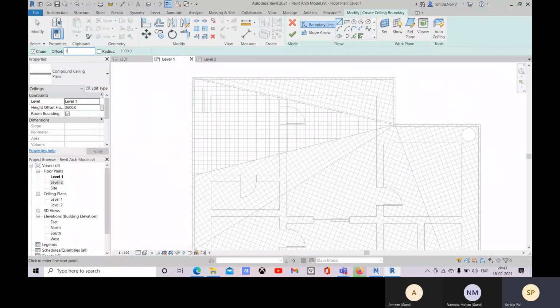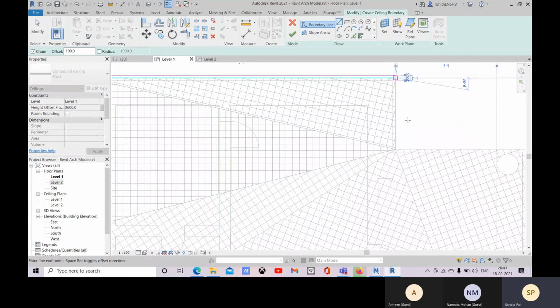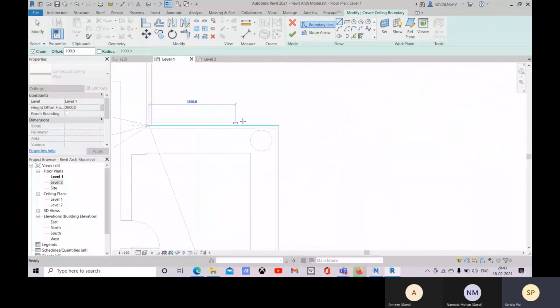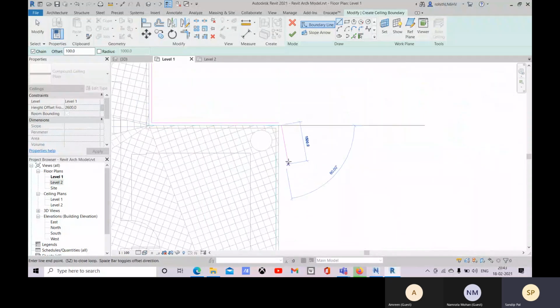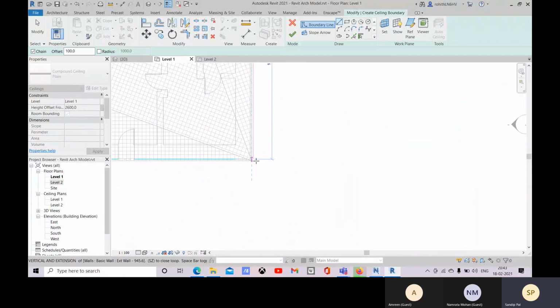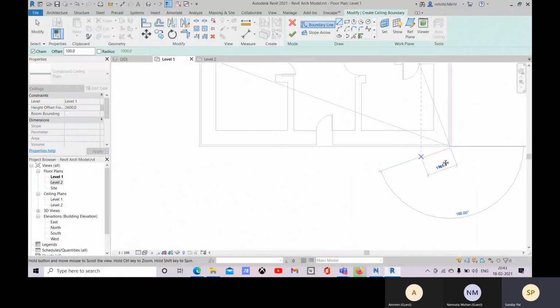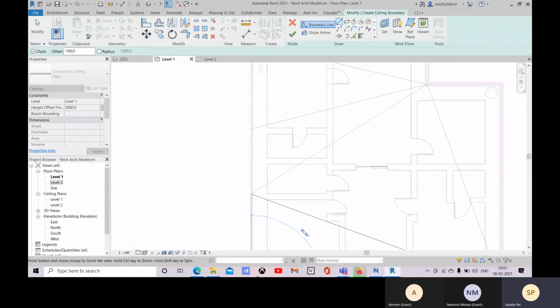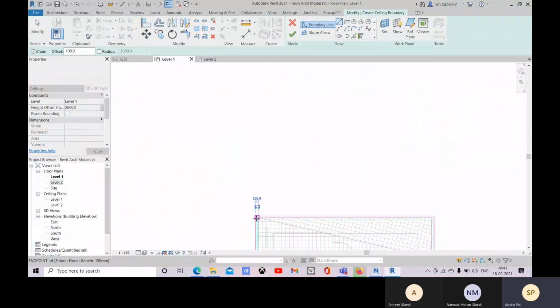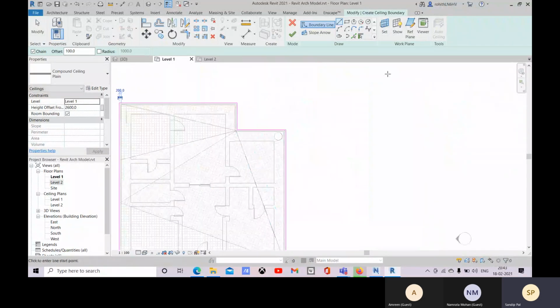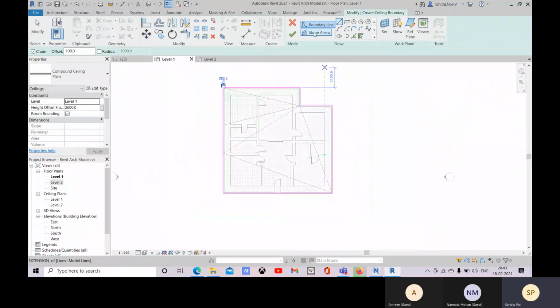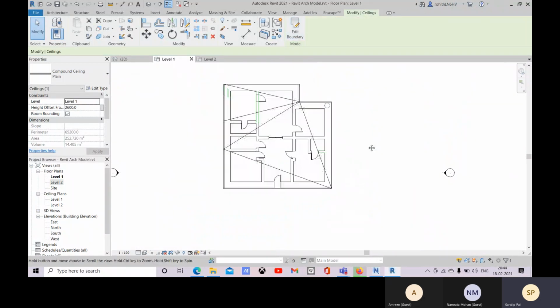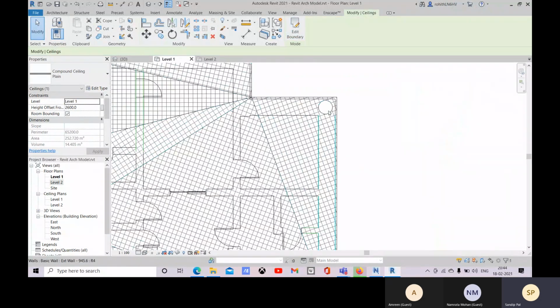Let me choose 100 as an offset, and let me draw the lines. If you need to place your slope arrow, you can go with that.